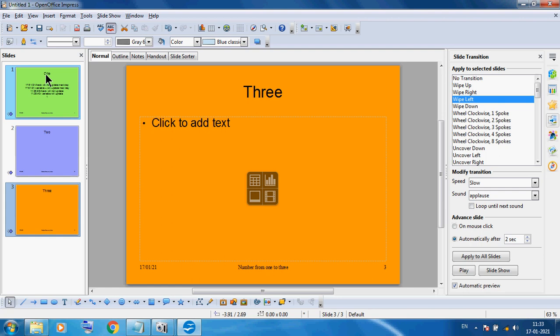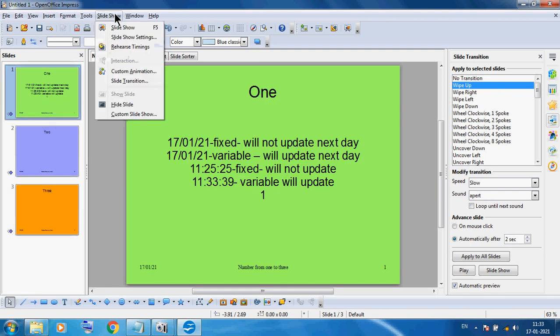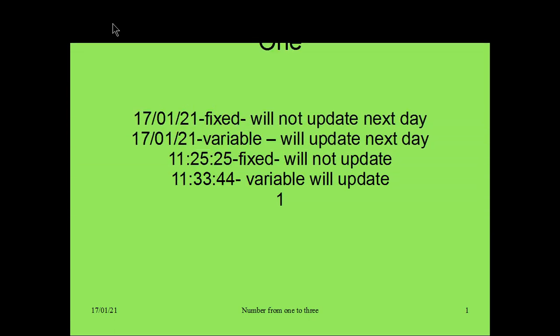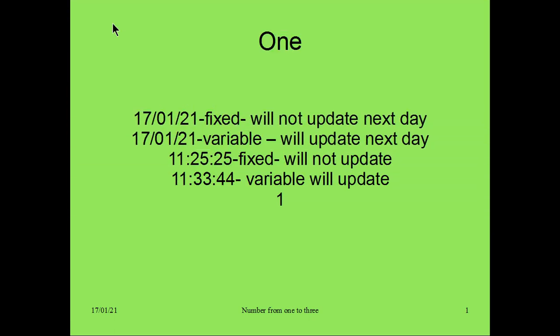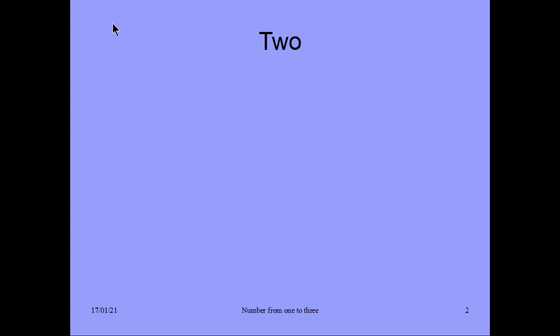So again here I am using the first slide, and here I am using slideshow. Okay, now you can see. After 2 seconds we automatically see the second slide. Here I am not using mouse clicking. Automatically it will come. So we can say this is our rehearsal timing. Automatically it will move just like a video.